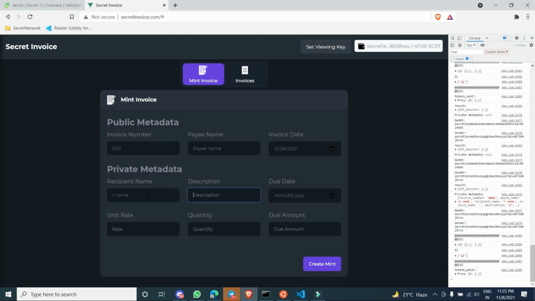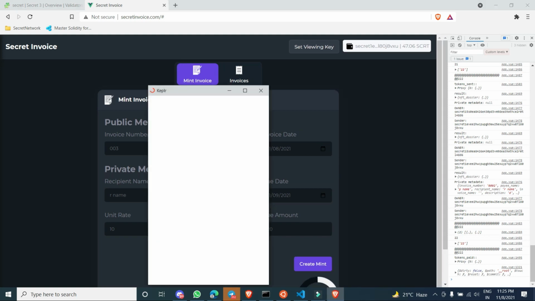So now I set the invoice number as 3, and I am putting dummy data on all the other fields. Currently unit rate, quantity and due amount do not have any internal relation, but the relation should be unit rate times quantity equals due amount. So I am putting this manually as of now. Let's say unit rate is 10 and quantity is 2, so due amount will be 20. So if I create this NFT,